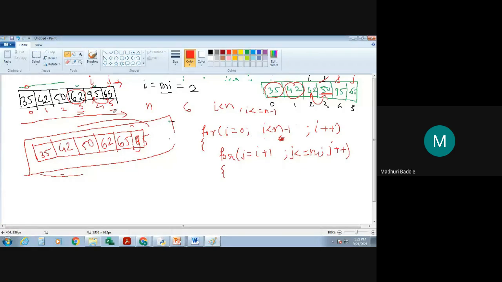See over here, we are applying 6. Fine. What is the value of n? The value of n is nothing but 6. Is it so? Fine. Ma'am, then i is less than n. If we take less than or equals to, then it will be n minus 1. It will be less than. See over here, in the case of the for loop, one minute. It should be i is less than n minus 1.